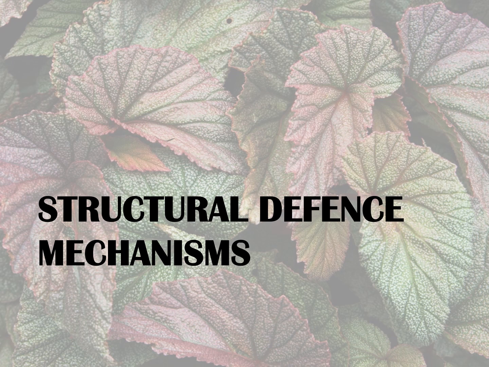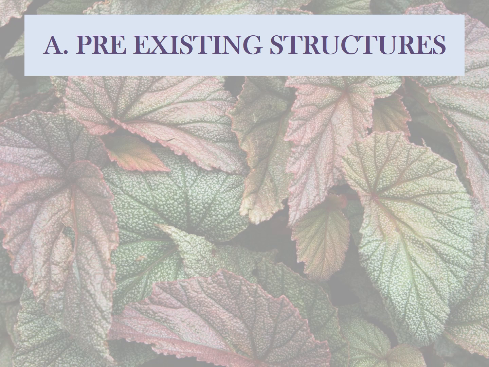These structural barriers are of two types, like I had shown you in the previous slide. Either they are formed by the attack of the pathogen. That means once the pathogen attacks, immediately there is some signaling in the plant and structural changes start to occur. Those are the defense structures that are developed post-infection. But there are also structures which are present previously. They are the pre-existing or constitutive structural defense mechanisms. That is what we will be talking about in today's class. The pre-existing defense structures are of different types, mainly 4 types.